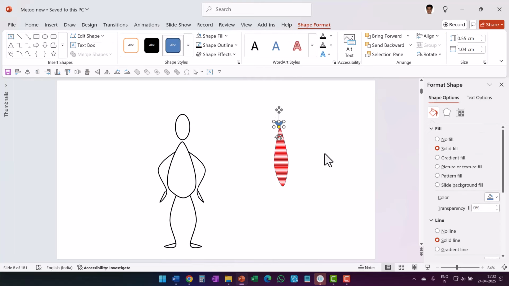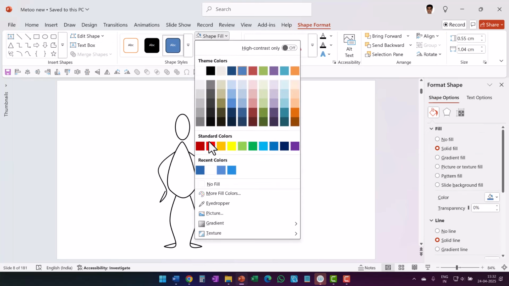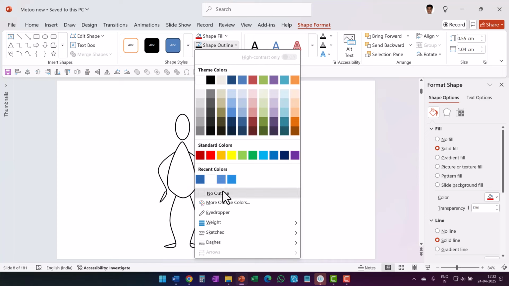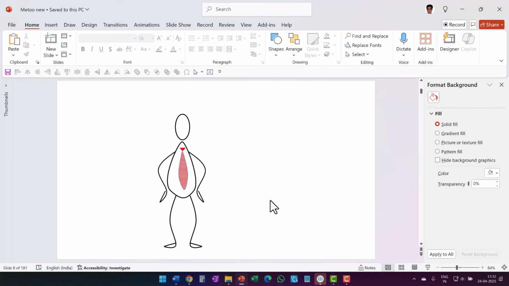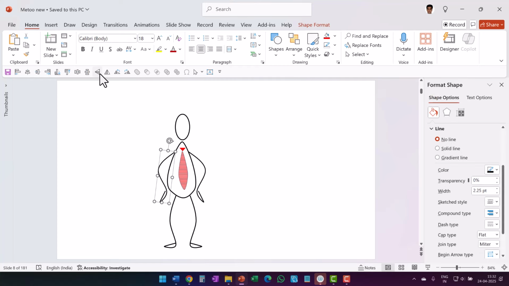So this can be my tie, and maybe this can have the same red color and no outline. Select everything, press Ctrl G to group it, and then I'm going to reduce the size a little bit and place it over here. Now I have a gentleman stickman graphic. Now instead of this man standing as if he is going to pick a fight with you, you can have this one selected and then have it flipped vertically and then place it over here, and this guy suddenly becomes